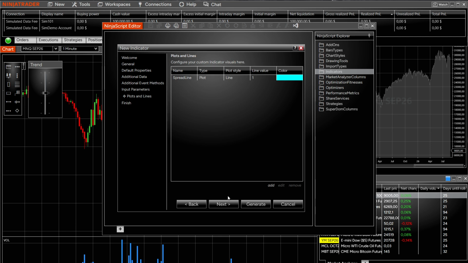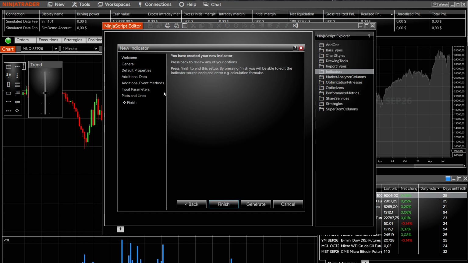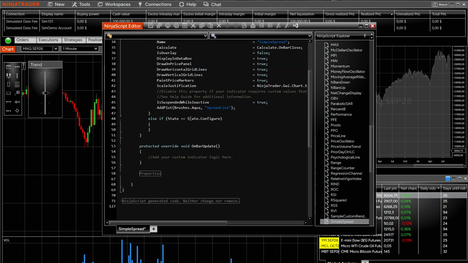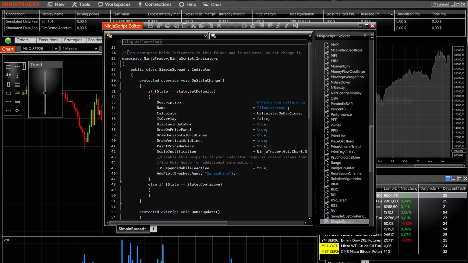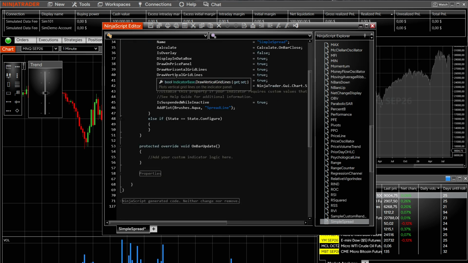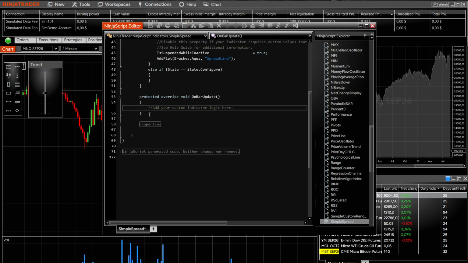So you want to click on the next yet again, and then from here towards the end, it says you have created your new indicator. You then have to put in the code as well. So now we're going to code the indicator. I'm going to click on finish over here. And there we go. As you can see, I now have this code over here, and this top part is of course required. You can't change this, so don't actually change any of this. The main thing is going to be happening in here towards the bottom where it says add your custom indicator